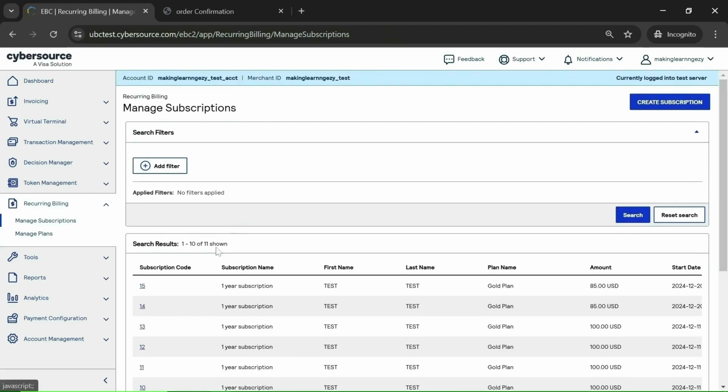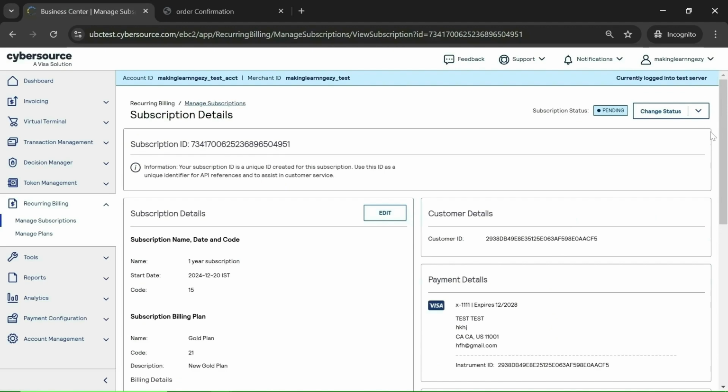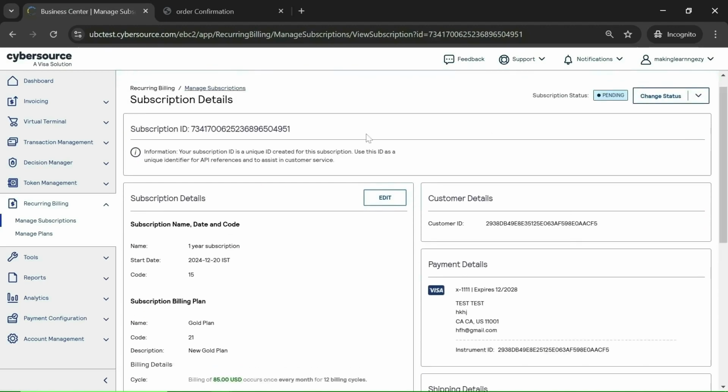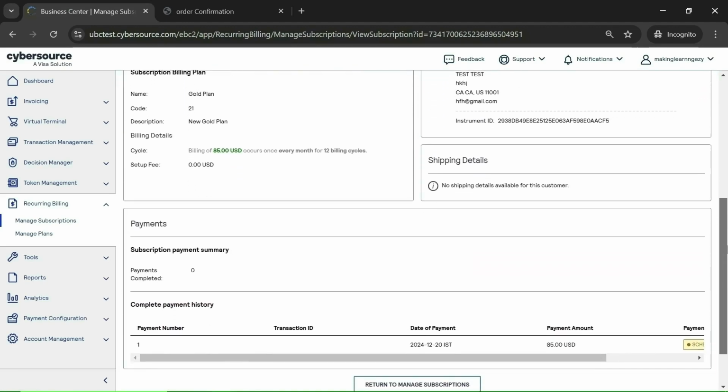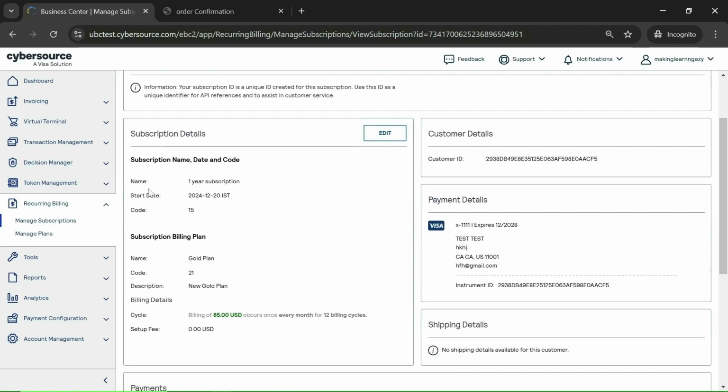It will list down all your subscriptions. Subscription code 15 is for the subscription we created just now. So you need to click on it, and it will show the subscription details. So here you can see subscription name, date and code. This is the name, start date 20th December, code 15,